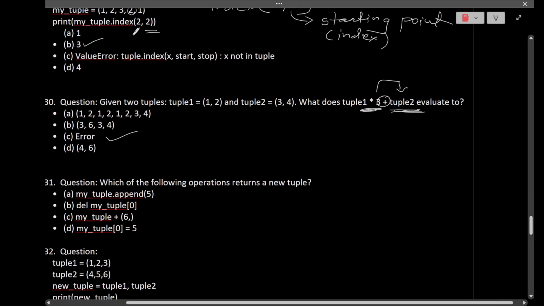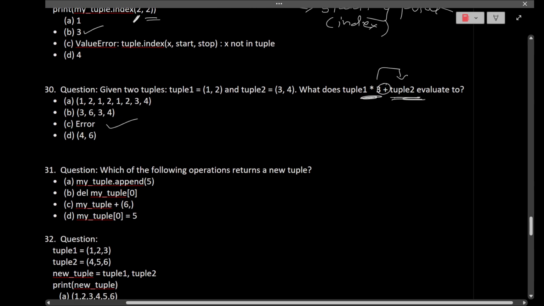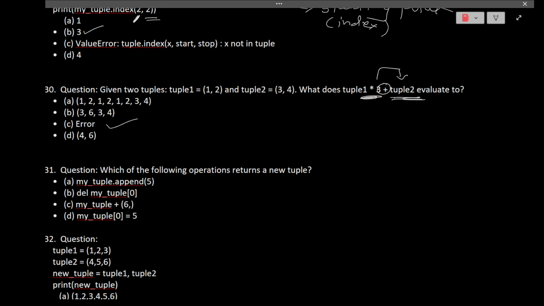Now another question: which of the following operations returns a new tuple? Whenever you are getting confused by the options, try to cross out the wrong options first. Append, we cannot use the method append with a tuple. Second is delete. When we delete, the whole tuple will get deleted. This is not the correct answer. Now the answer remains